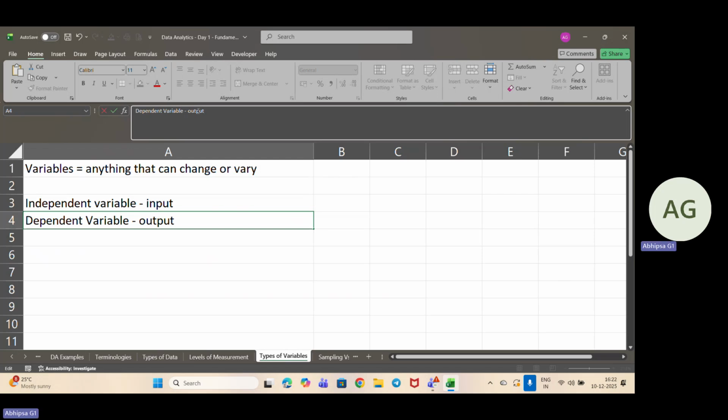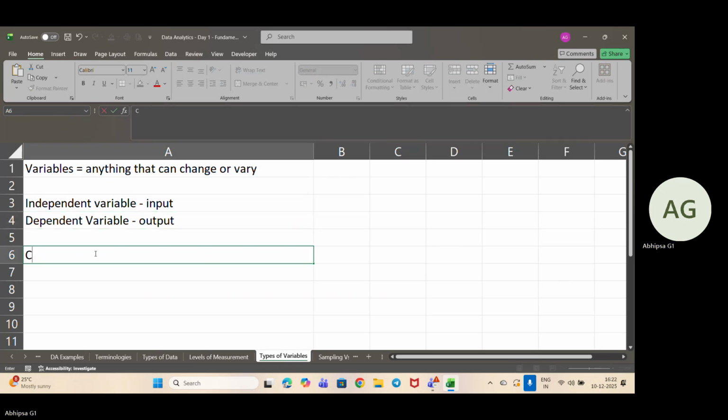Next, we have this categorical variable. So what is this categorical variable? These are the variables that describe the labels or the groups, not the numbers, as we know about the categories like red, blue, green. These are the colors. Next, any of the crop type, gender like male, female, blood group. These are the categorical data. So categorical is equal to the name of the groups, right? So they are the categorical variables.